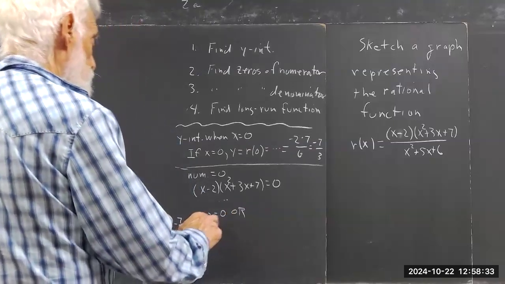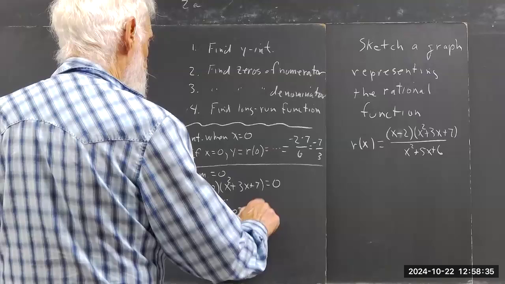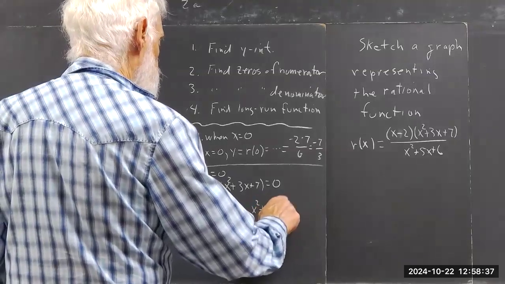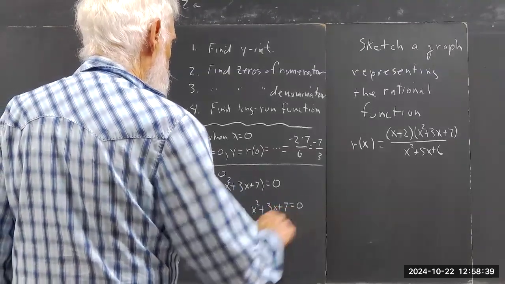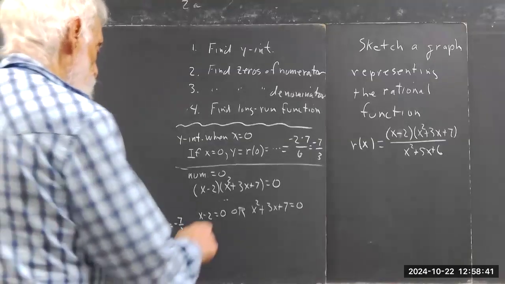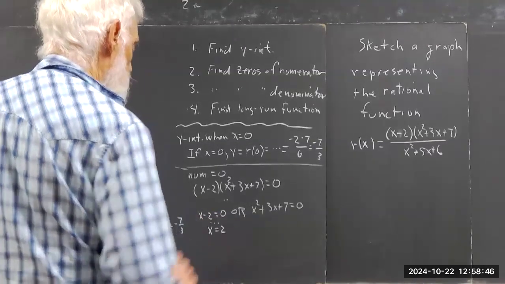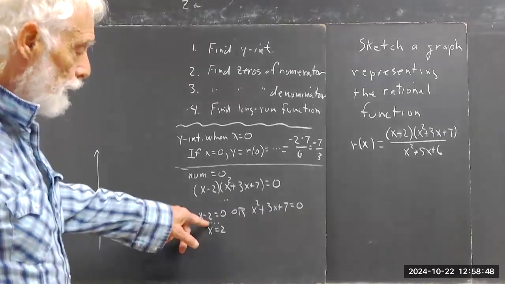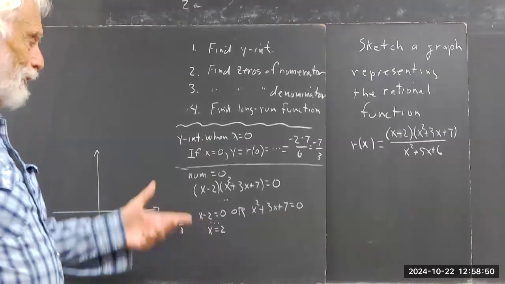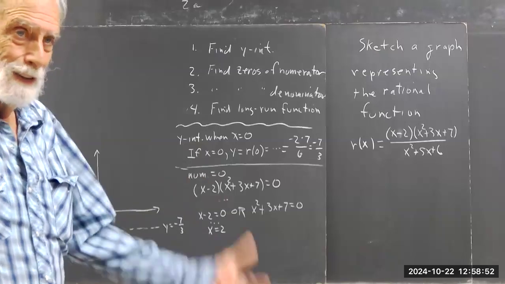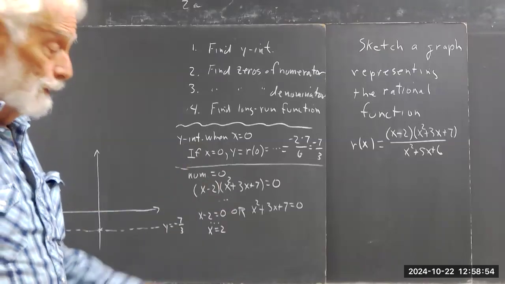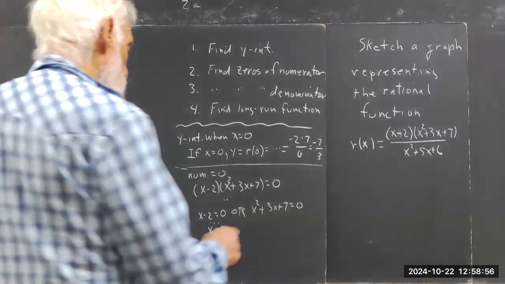I really want to see this, x minus 2 equals 0, or x squared plus 3x plus 7 equals 0. And then you're going to get x equals 2. I'll put a few dots. Dots mean there's a step that should be filled in, but the step is add 2 to both sides. And everybody can do that in their head. I can accept that. Or